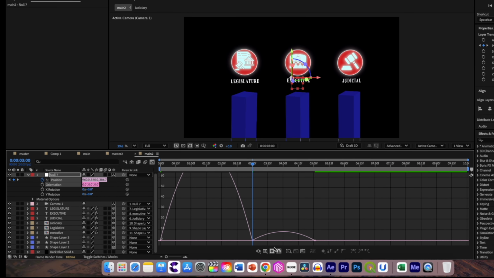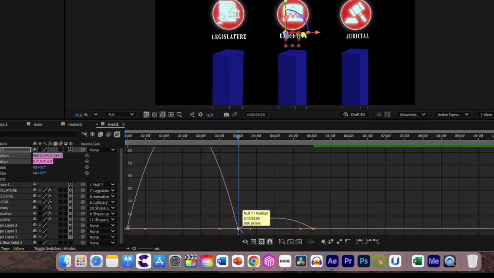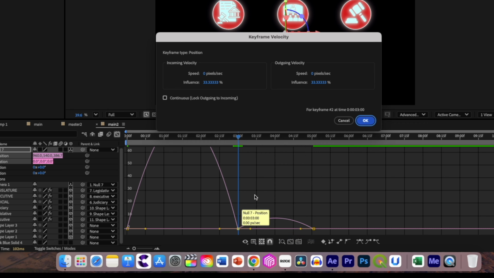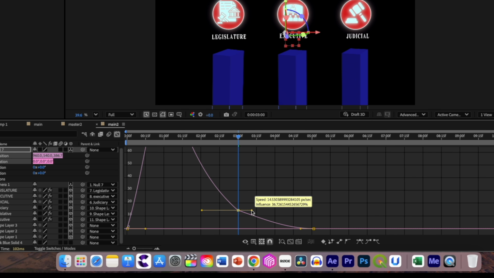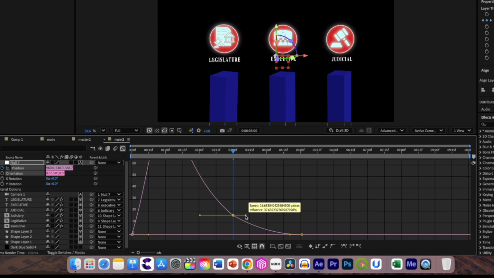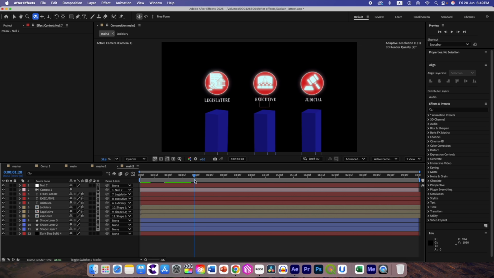Go to graph editor. Make sure that you are in the graph editor. Click on this, right click, go to keyframe velocity, continuous 65 and click OK. Then you can just lift this and make it a smooth curve. You can even bring this closer by holding the Alt key. So this is the first, at 2 seconds we can have this